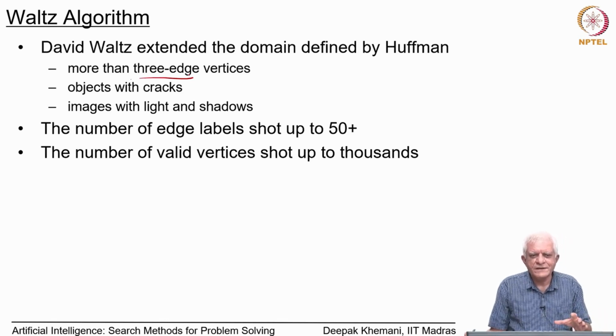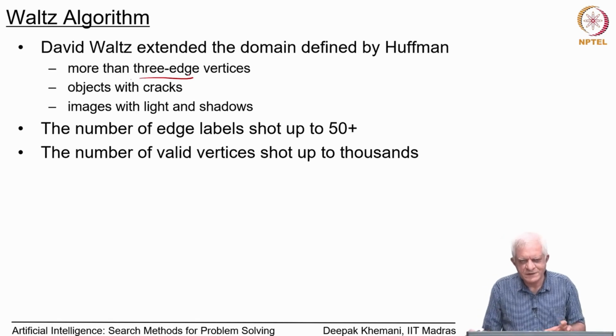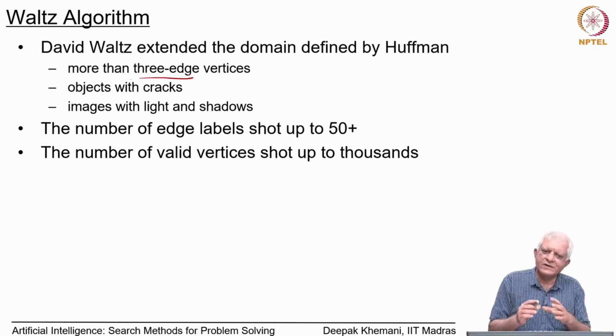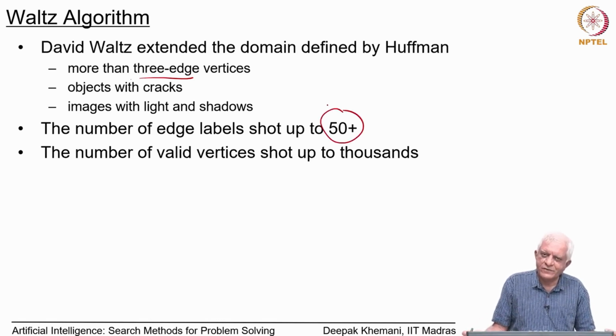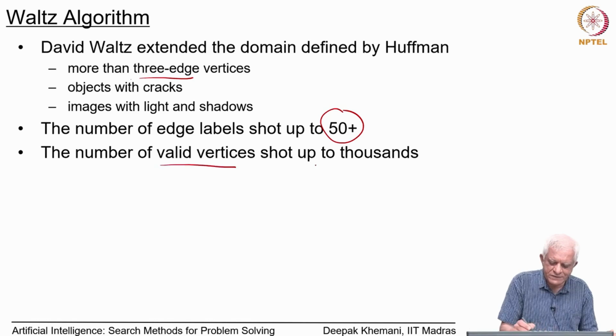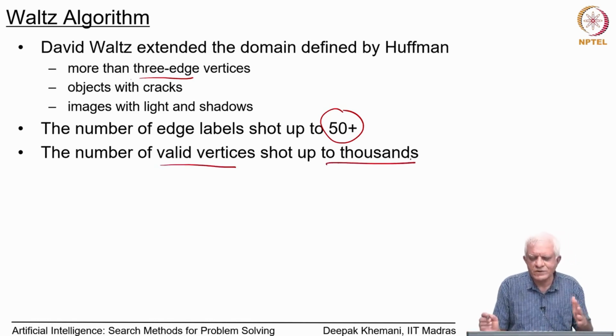So, we are assuming that some kind of image processing activity has happened, edge extraction has happened, and what you are given is a line drawing, and the task is to label the edges of those lines essentially, which means label the vertices also. But now the number of edge labels shot up to 50 plus. In Huffman's problem there were 4, 2 arrows and plus and minus, but now there are more than 50, and the number of valid vertices shot into thousands essentially. So, it is a huge problem that David Waltz worked on. It was part of his PhD thesis at MIT,